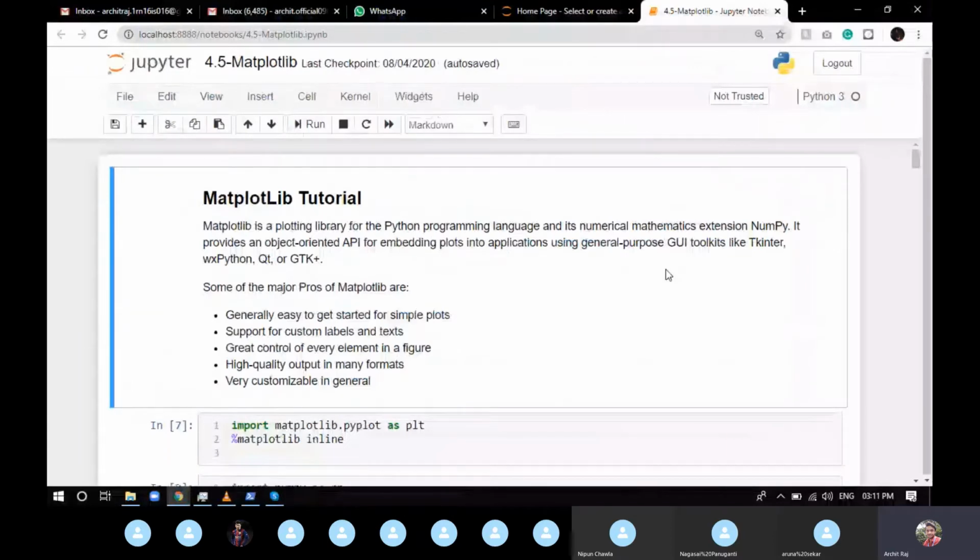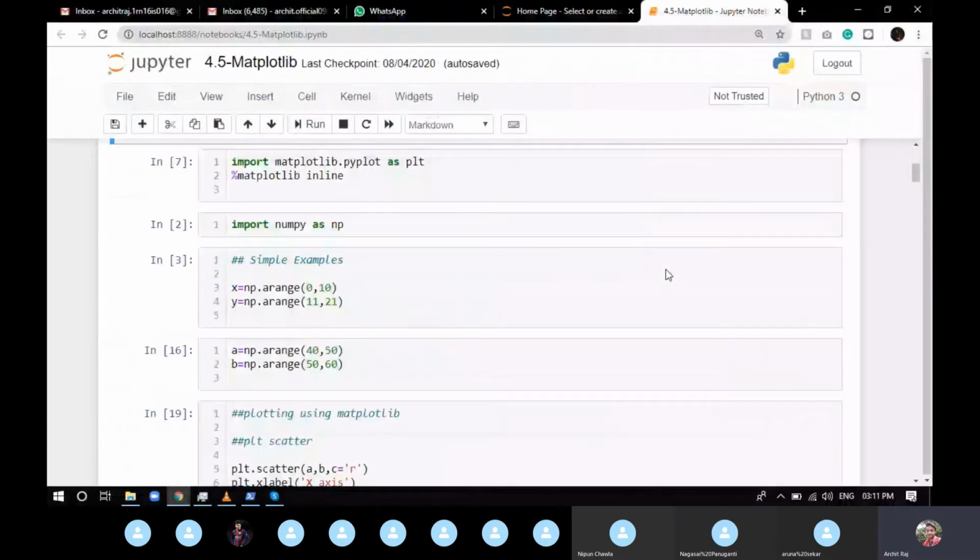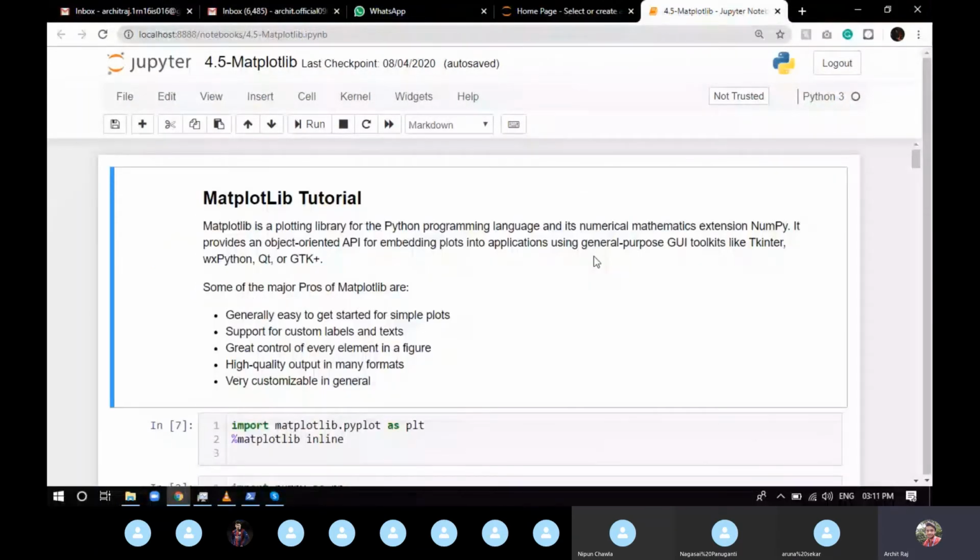So for that, we have this matplotlib library. There are basically two basic libraries which we use for data visualization, which are matplotlib and seaborn. Today we'll learn about matplotlib. Tomorrow we're going to see seaborn. When you learn about seaborn, you'll probably think that knowing matplotlib is not even important, because most of the things that you're going to do are with seaborn only.